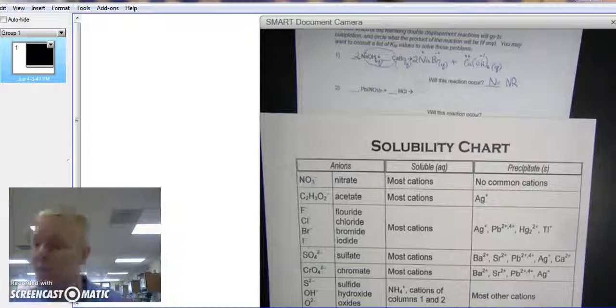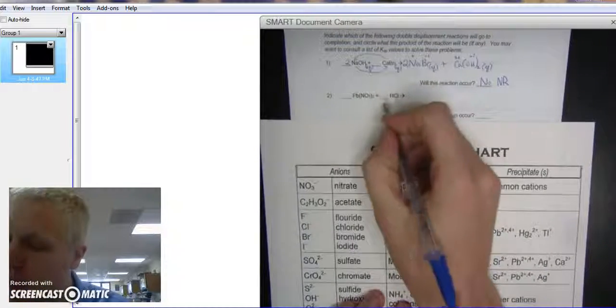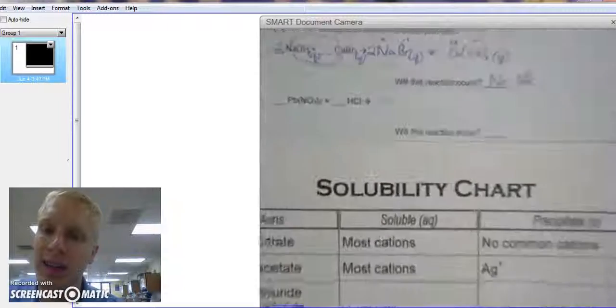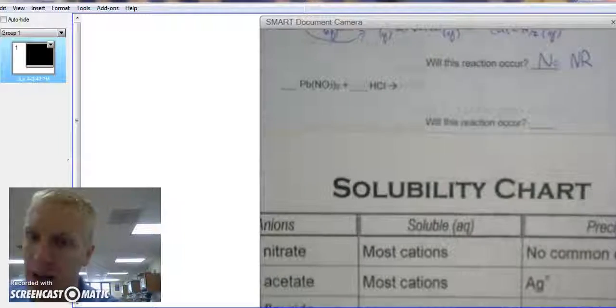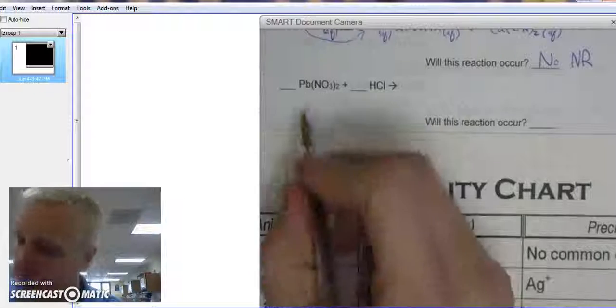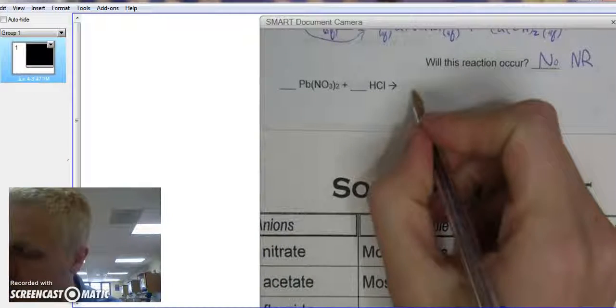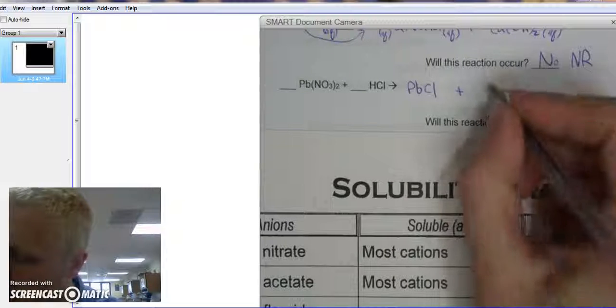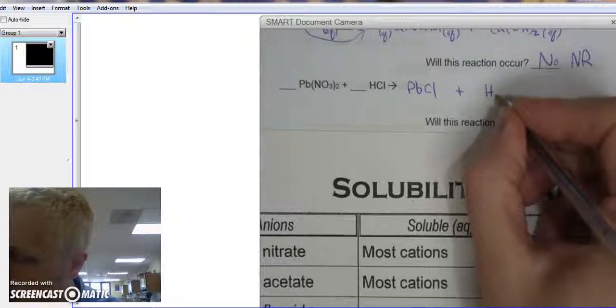Alright, let's do one more. Let's do Pb(NO3)2 plus HCl. Remember, the first step is to predict the products. So this Pb and H are going to switch spots. We're going to have PbCl plus H